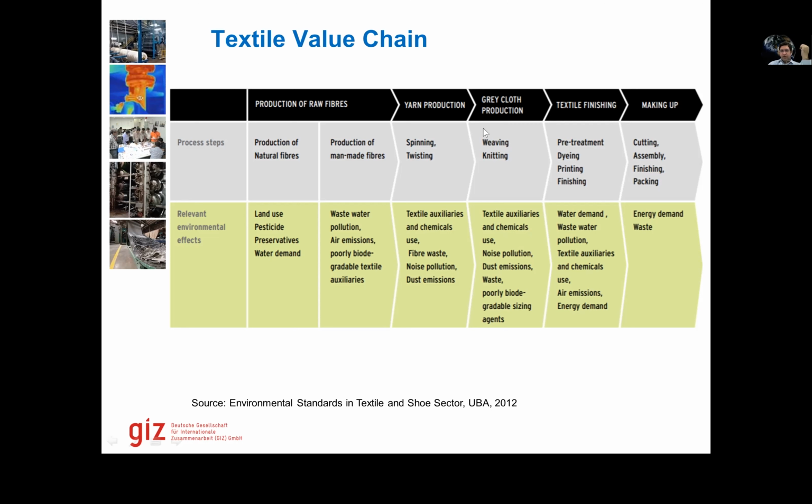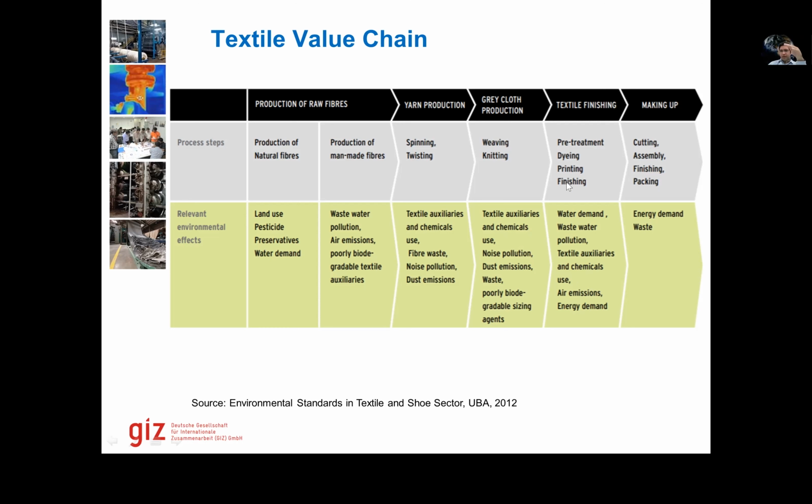So we have electricity consumption mainly here, but if we have fabric processing afterwards, that is textile finishing, there we have pre-treatment, dyeing, printing, and finishing. All of these processes are high energy users, high water users, high wastewater polluters, high chemical users. So usually when we are working on environmental performance improvement, this is the first segment that the international buyers as well as the international community starts focusing on.